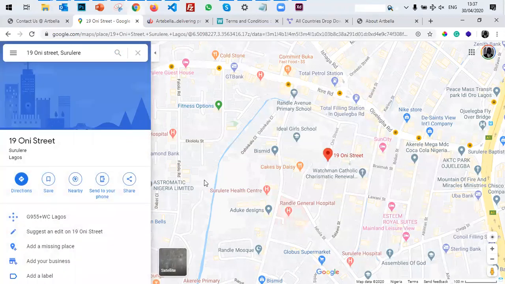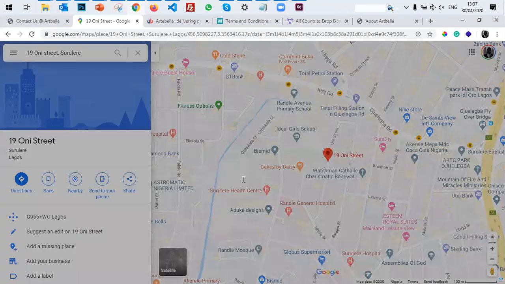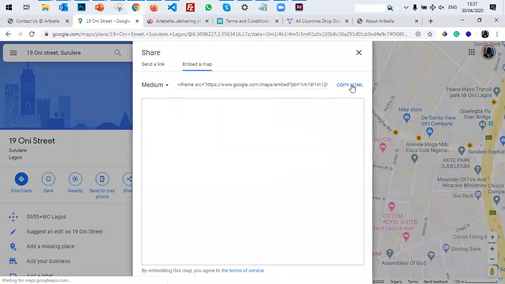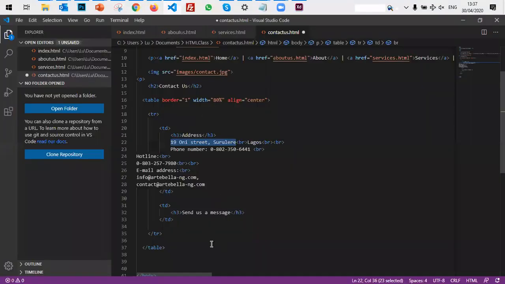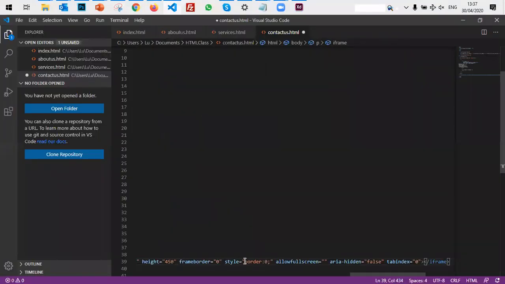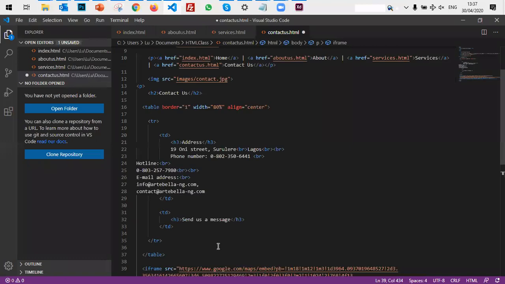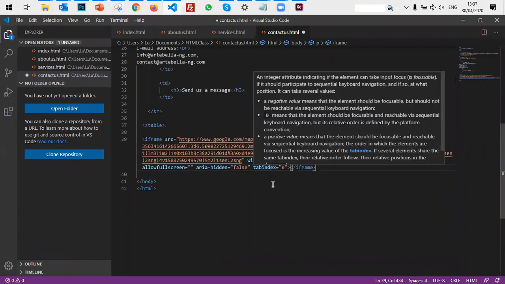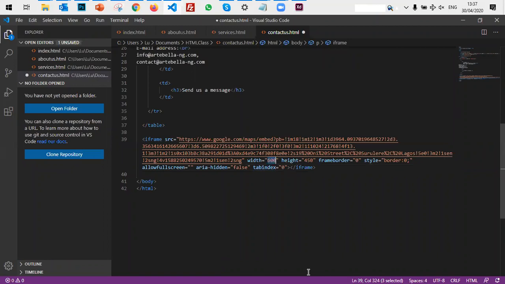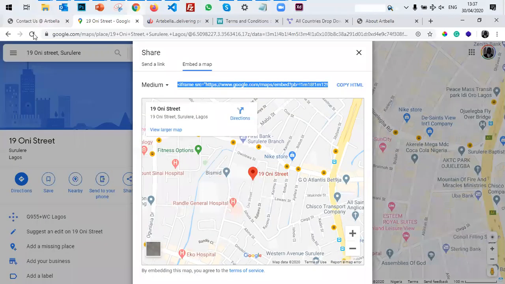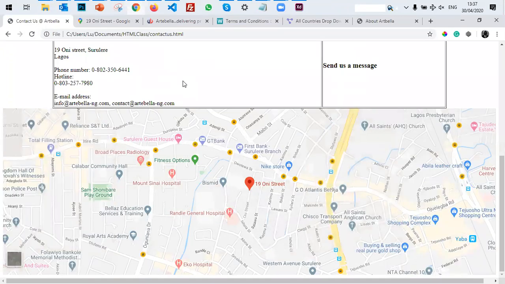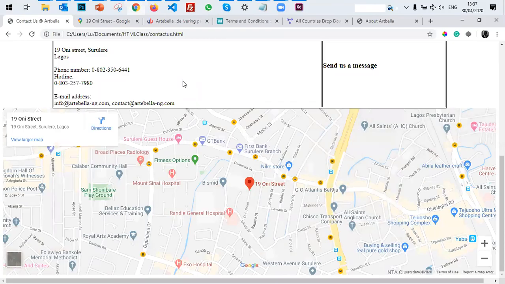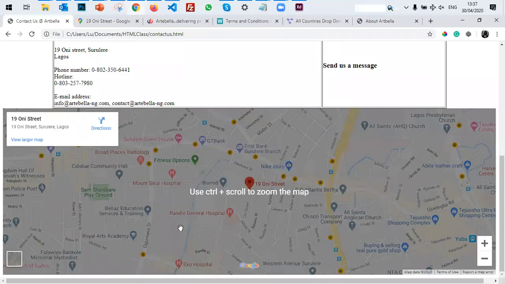So let's say this is the address I want to use. I can just share, copy the embedded code, and paste that where I want it to appear. The width is 600, but I can change the width to 100%. Why is that? I want this bottom part, the address, to take the entire footer screen. So the width is 100%. It takes the whole width area